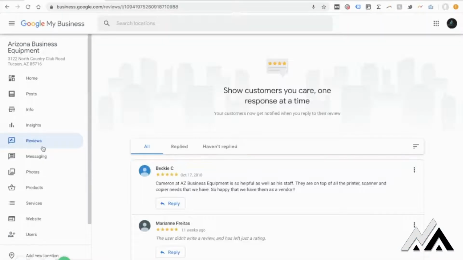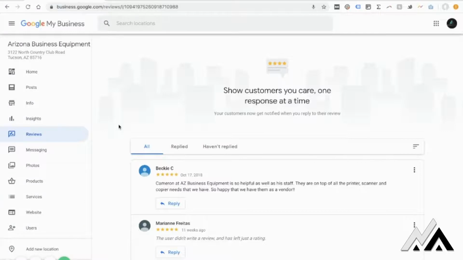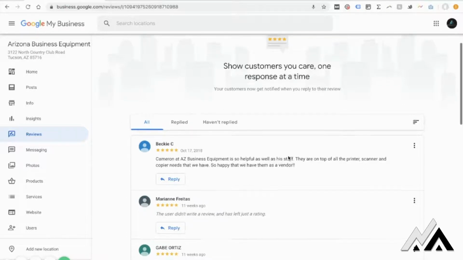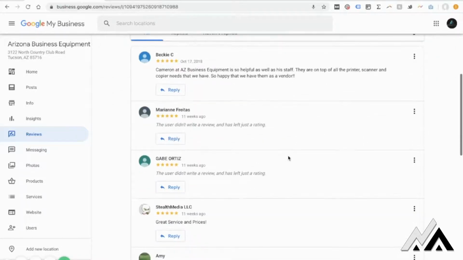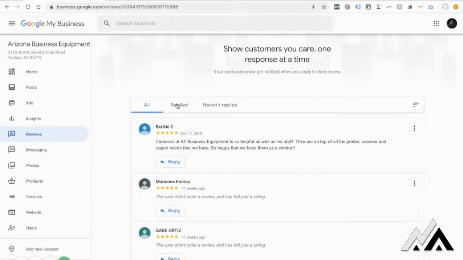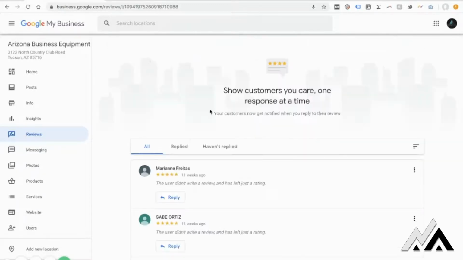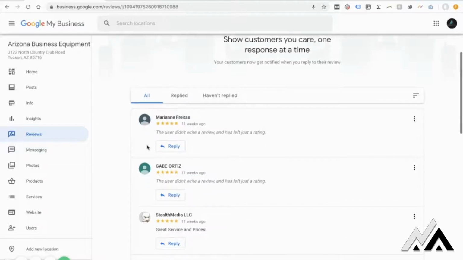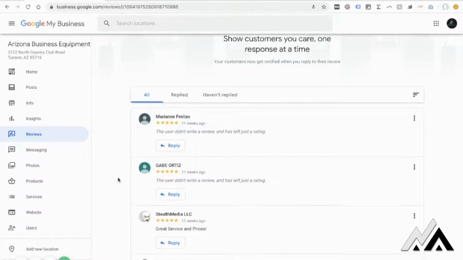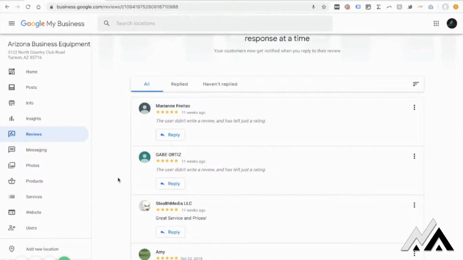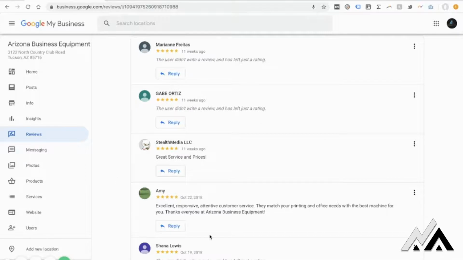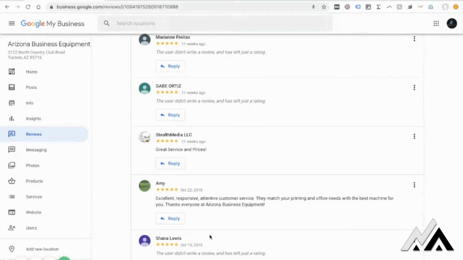So the next area that's really key and a super powerful focus for us whenever we talk with someone about strengthening their marketing, that is this review section. Now, you can take a look at all the reviews that have happened here inside your reviews tab. And you can also manage your replies and the ones that you haven't replied to. So both of these are really great. Also, another opportunity for keywords and those search terms to make their way into this listing, and for Google to understand what kind of a business are you running